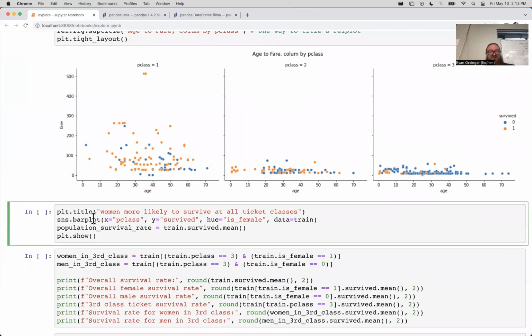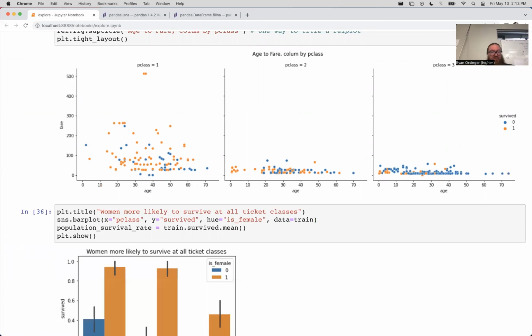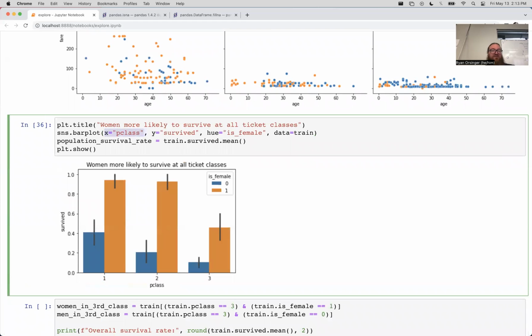Yeah. Let's keep going. Let's look at a bar plot. So bar plots, we can have an X, we can use a binary Y to get the proportions. And if we specify a hue, we can add a third dimension here. And now we're seeing of the first class ticket holders. So that's what these first 2 columns are. The orange is female and the blue is male, and the survival rate is on the Y axis. And so we see the survival rates are higher for first class ticket holders, but the punchline is that across all classes of ticket, women are likely to make it off the boat alive.